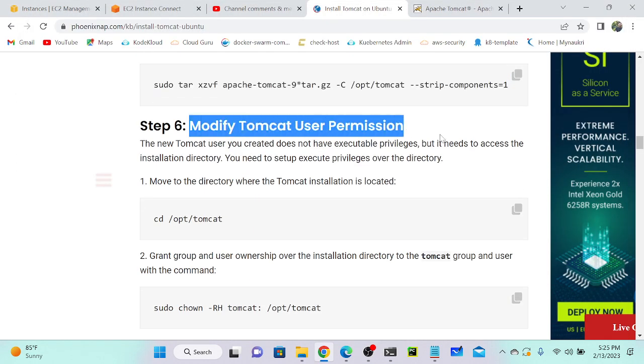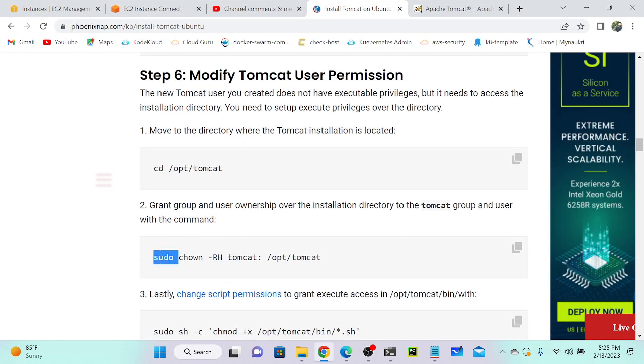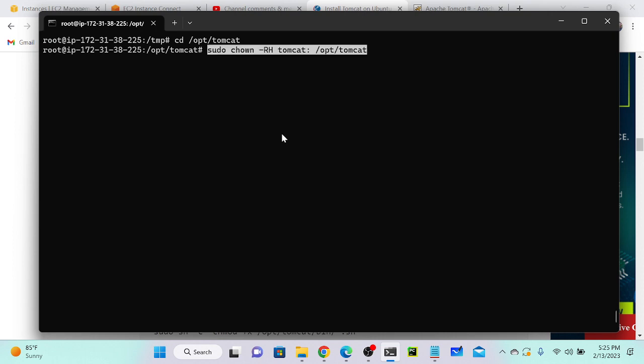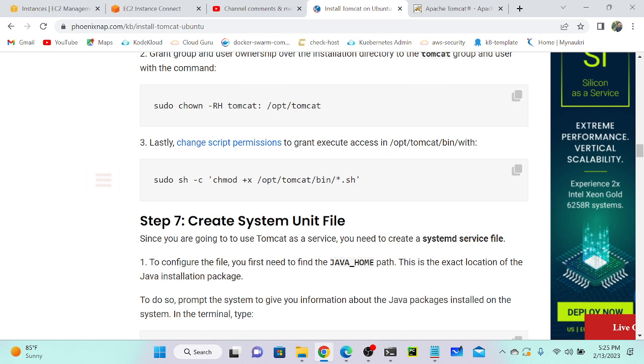Then I'll go to this link again to modify the Tomcat user permission. Let's go to the Tomcat directory. Paste. Then we can change the ownership: chown -R tomcat: /opt/tomcat. Paste. So that is also done. Next I will change the mode, chmod permission.